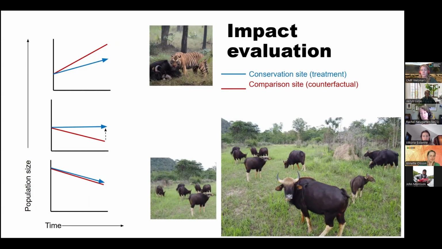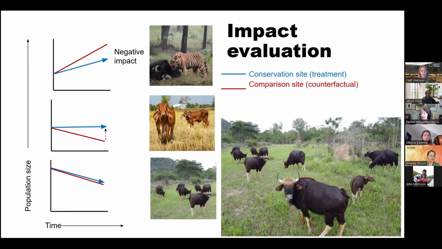So despite you having a positive population trend, the impact of your conservation at this site is actually, oops, I think my animations are a little bit out of order. The impact is actually negative, right? So the difference between the red line and the blue line, the red line is what would have happened in the absence of conservation. You actually would have had more gower, but because of the tigers eating your gower, there's actually a net negative impact of conservation at this site.